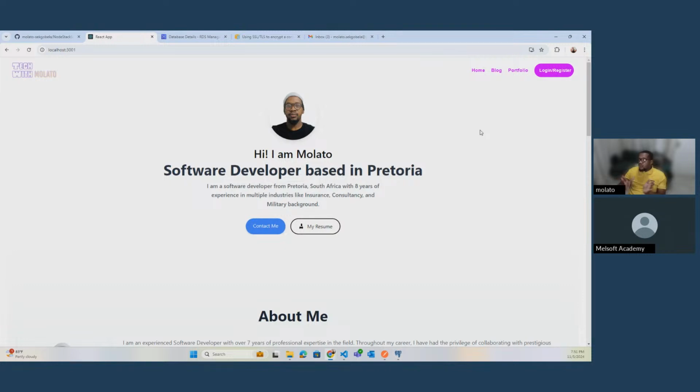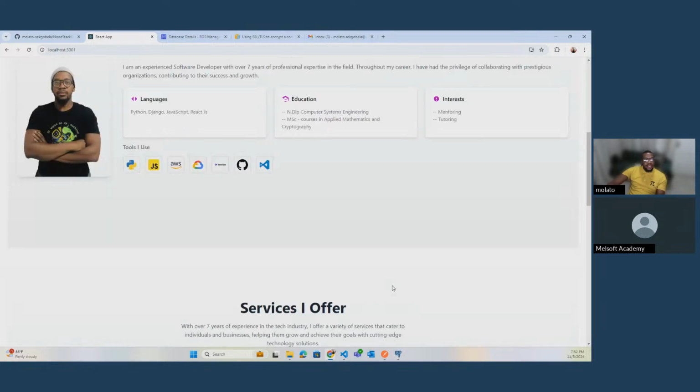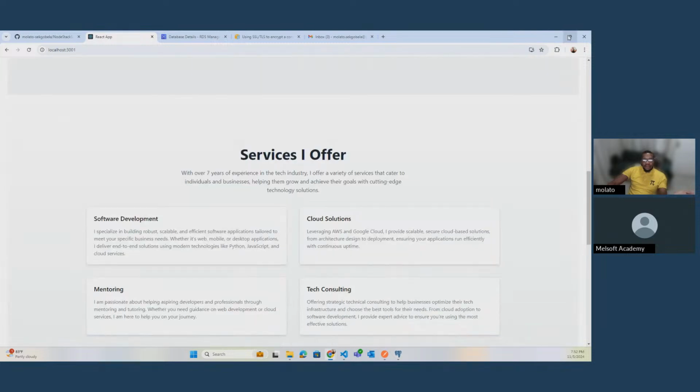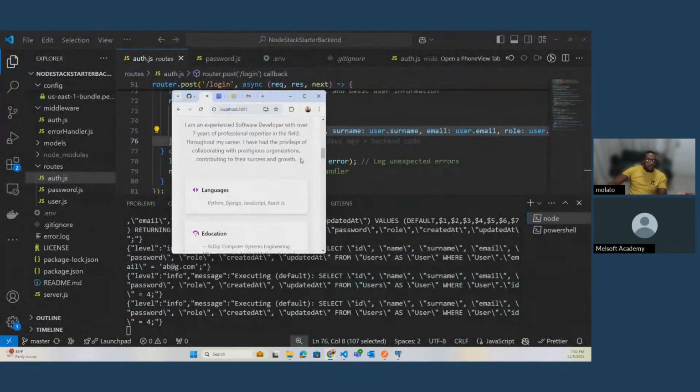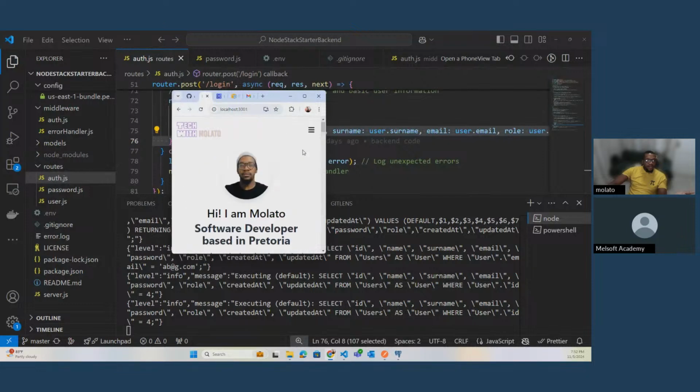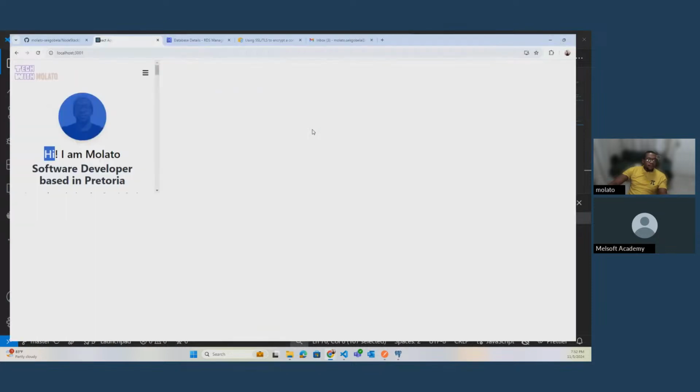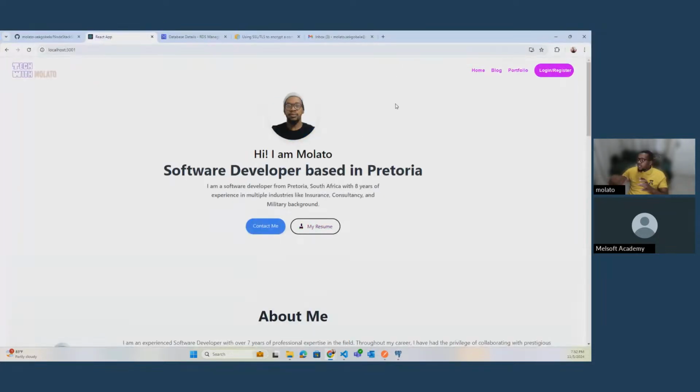So now I'm going to show you how to set up a React application with Tailwind CSS, so that it's easy for you to do the styling, so that it looks a bit nice, like the one that I've created here. Because if you see, it's also mobile responsive. Also got the hamburger menu there. So yeah, it's quite interesting when you start seeing things coming together from your backend to your front end to your database, etc. So now from here onwards, I'm going to